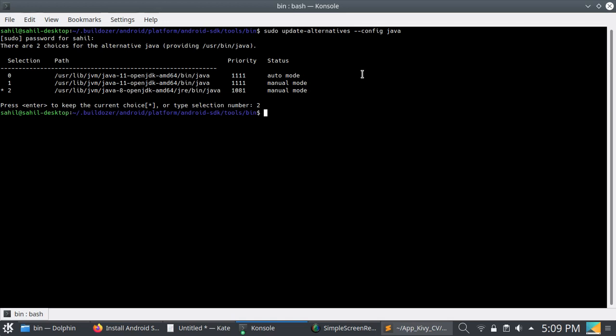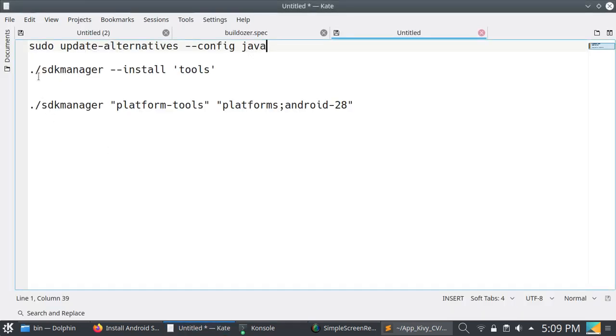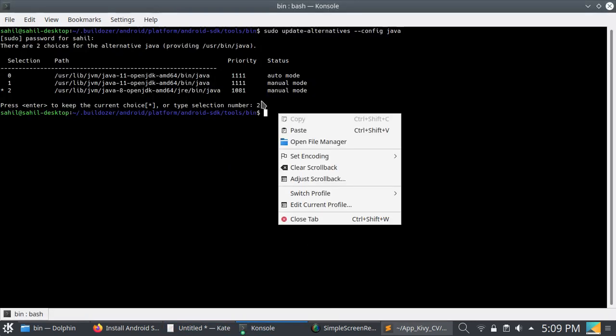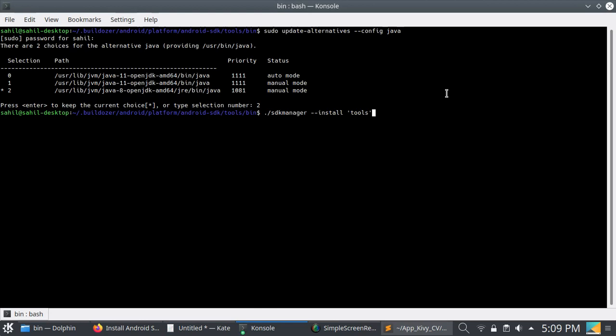I have done this, and then just copy this command, paste it in this bin terminal and hit enter.